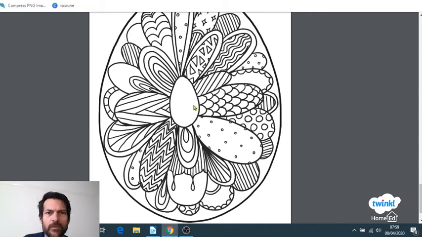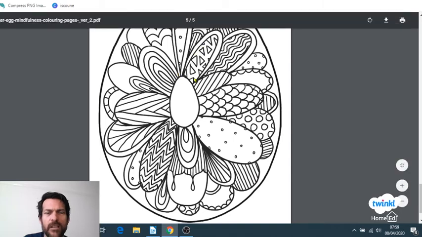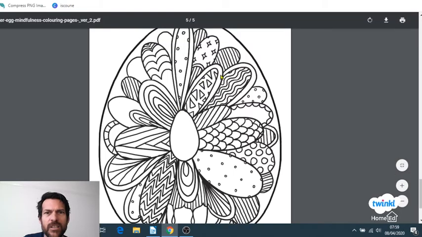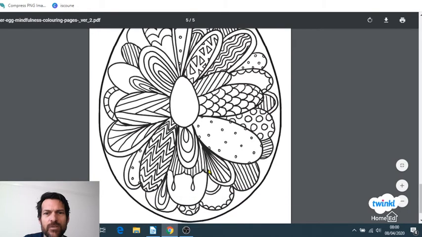And then this reminds me almost of a flower, because you've got big ovally shapes, a bit like petals coming off it. So if you want to draw some of those around the one that you've got on your egg, and then can you see you've got an extra layer behind it? So if you go behind those petals and draw an extra layer,